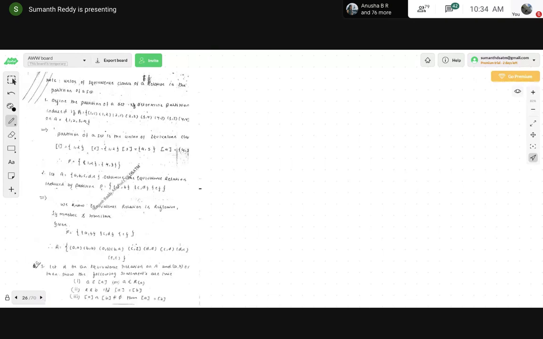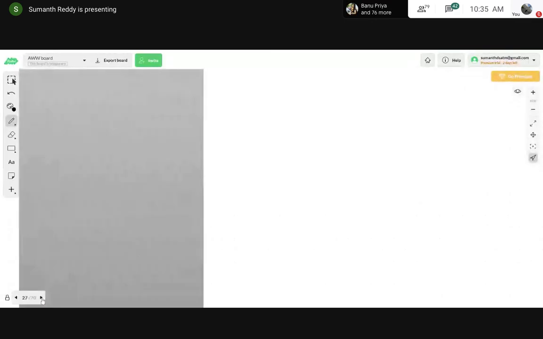After that, I have explained about the equivalence class, what a partition is, and given a few problems. And this theorem, I think we have already proved this. Every equivalence class will have its own element. If A and B are related, then their equivalence classes will be the same. And two equivalence classes will be either completely the same or completely different, right? So this theorem we have proved.